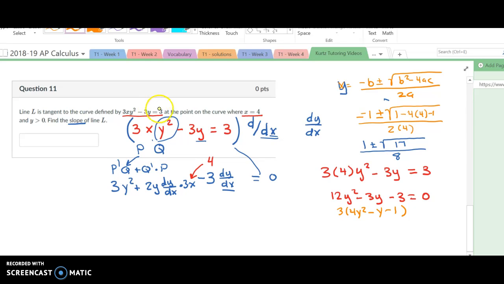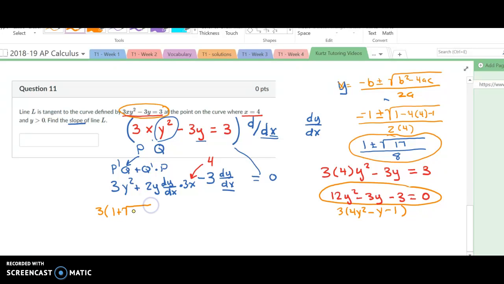If so, I would have just graphed to see when this is equal to 0. It doesn't factor properly, but the quadratic formula will give you zeros here. The one where y is greater than 0 is the positive root. So we would say 3, 1 plus the square root of 17 all over 8